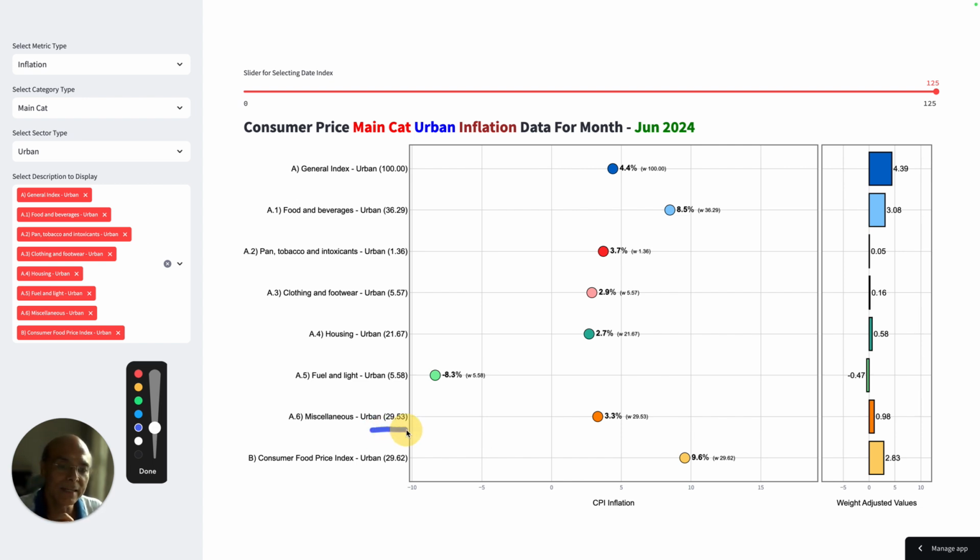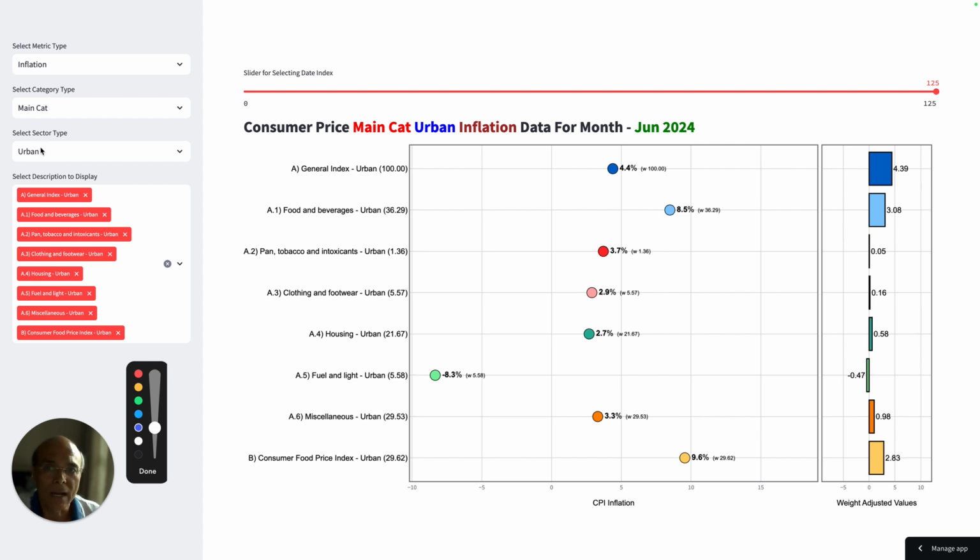Even the miscellaneous items, you see, it is only 0.98. Housing is 0.58. Food is a significant item for inflation. So there is some structural issue that the Government of India needs to manage. And that's why, look at this budget. The food subsidy part will become a very important part of this budget. And subsidy will not go down significantly given the problem that we are facing, because people who do not have disposable income will have a huge problem. So this is going to have a huge impact.